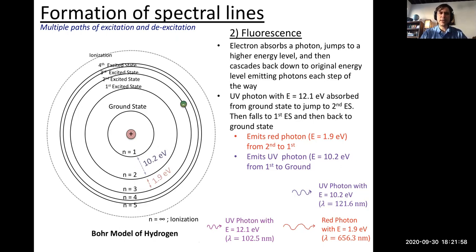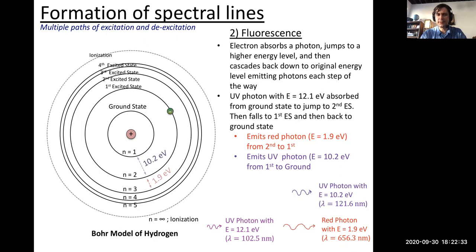Or maybe this electron wants to take a meandering path home. It wants to cascade back down. It wants to check out. It's heard great things about the first excited state. So our electron could go from the second excited state down to the first excited state. But to do that, it would have to shed that 1.9 electron volts, that excess energy. How does it do that? It sheds it by firing off a red photon with 1.9 electron volts of energy. That's a wavelength of 656.3 nanometers